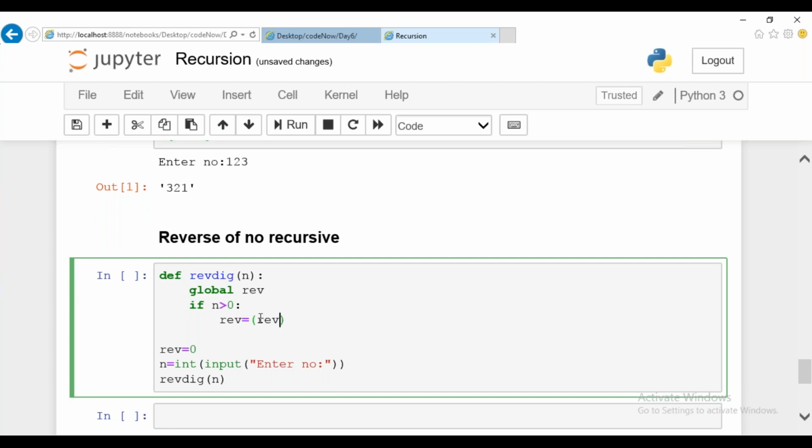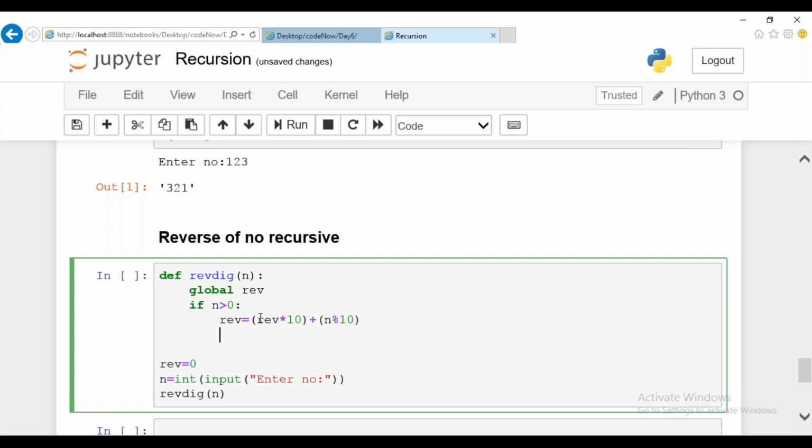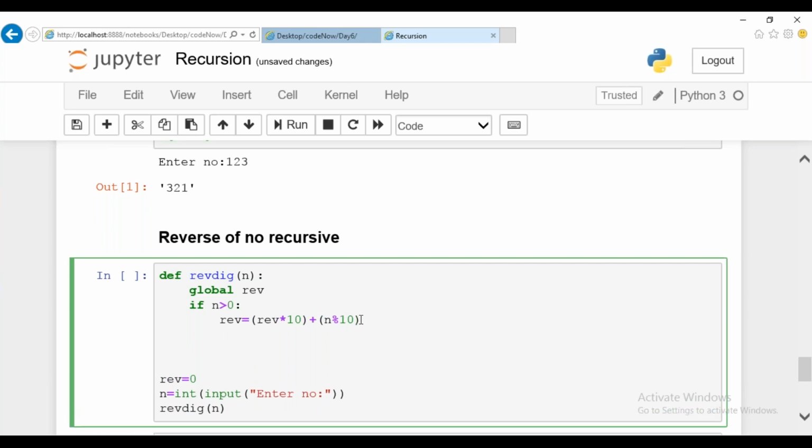For reversing, we are seeing the logic. We are going to multiply the value by 10 each and every time, and each time I'm going to take the number modulo 10. Inside this, I'm going to call this function reverse digit here. So what are you supposed to send?